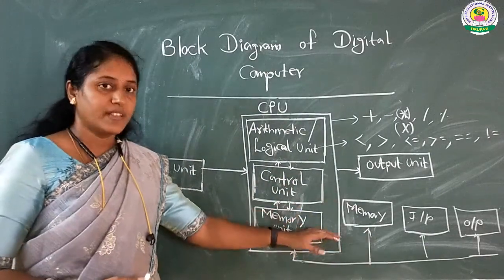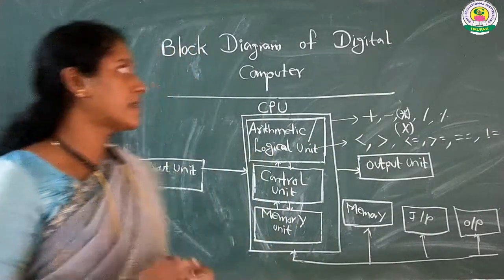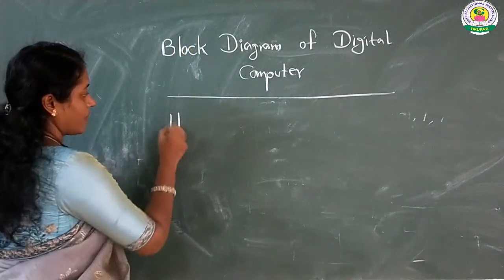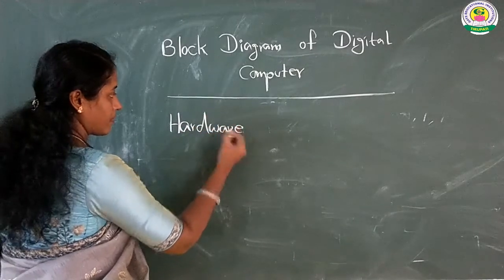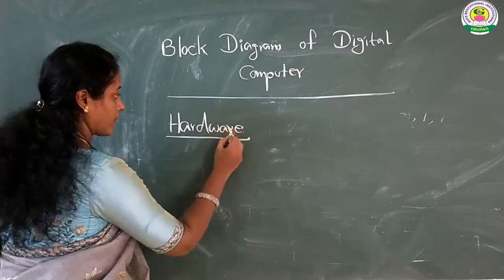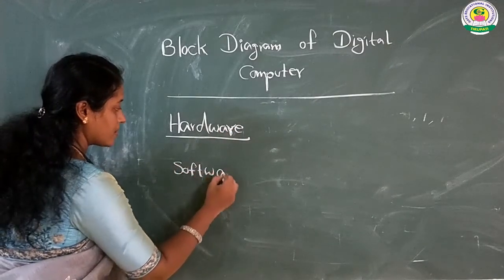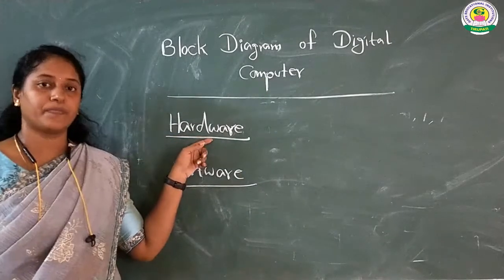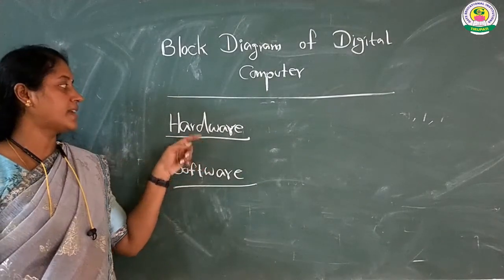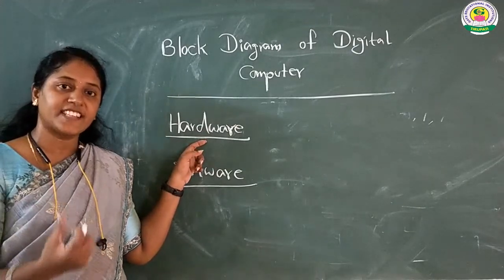Okay. Along with this, you should keep in mind another two points. What are they? Hardware, and what is software? Okay, what is hardware? Simply I can say that hardware is nothing but the things which are physically existing,